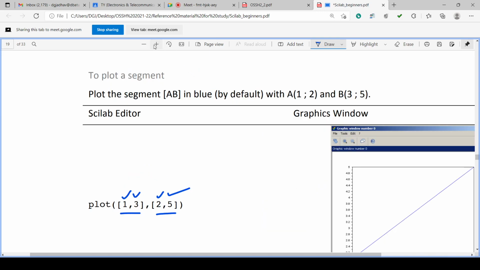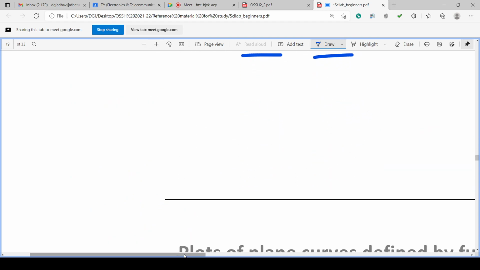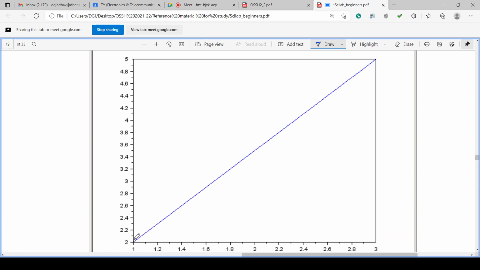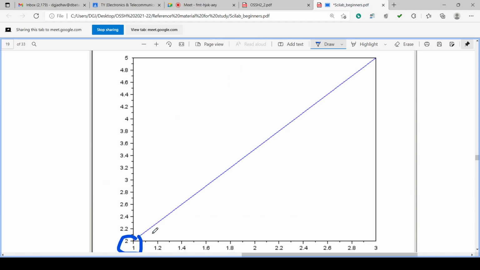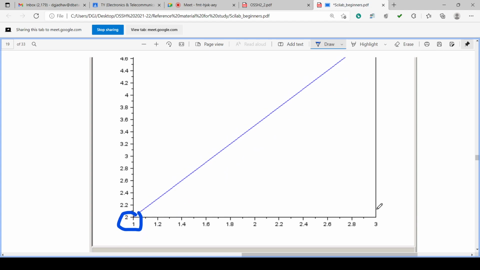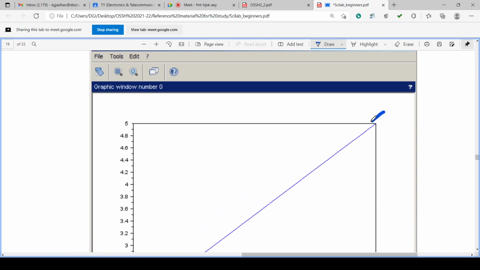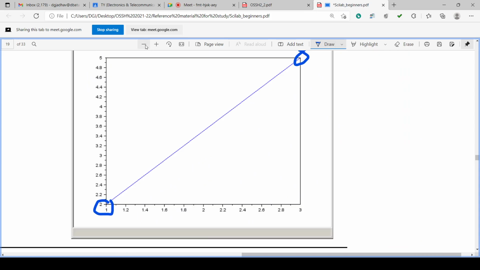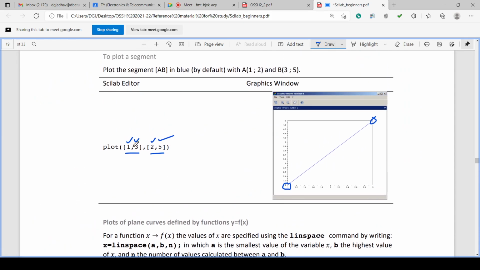So we can find it in this graph. 1 on x will have 2 in y value, isn't it? And similarly 3 on x will have 5 in y value. So 1, 3, 2, 5.